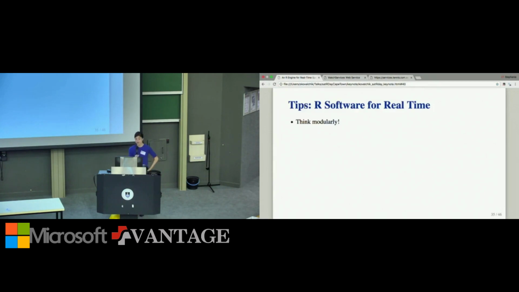In doing this work, it's still fairly new to us, but we have come across a number of useful lessons that I wanted to share with those of you who may be working on similar real-time applications. So I already mentioned modularity, and it's something that we do think can carry over and isn't necessary only for a real-time application. I think anybody that's doing any extensive development in R could benefit from modular design.